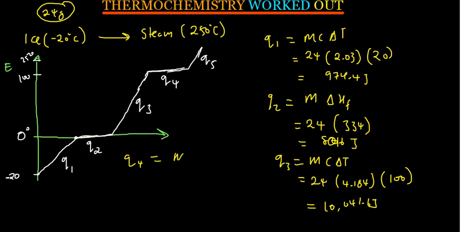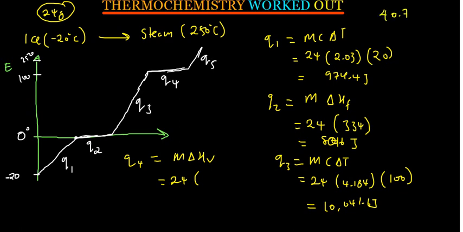And then the fourth energy, that is again a change of state. So we need latent heat now of vaporization. So the mass is still 24, but the latent heat of vaporization for the gas, what's the latent heat of vaporization? Let me check it out. Okay, the latent heat of vaporization for the water here is given as